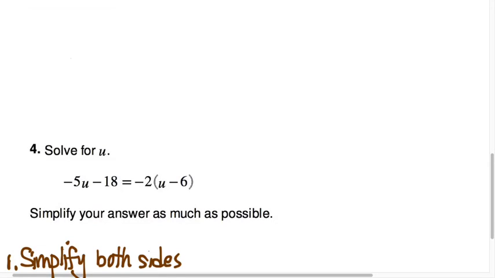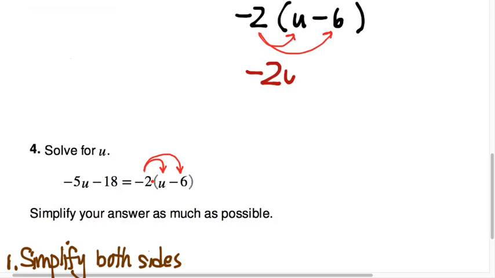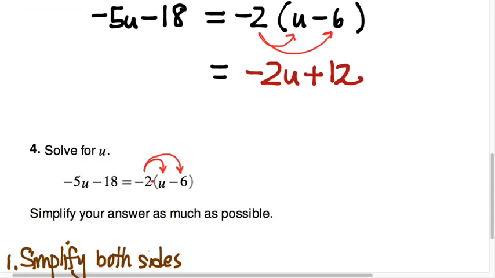The first step in our general overall strategy for solving an equation is to simplify both sides completely. In this example, that meant applying the distributive property of multiplication over addition to distribute the negative 2 multiplied across the quantity u minus 6 to give me negative 2u plus 12. And so at that point, now if I write the left-hand side of this equation as well, now we're at